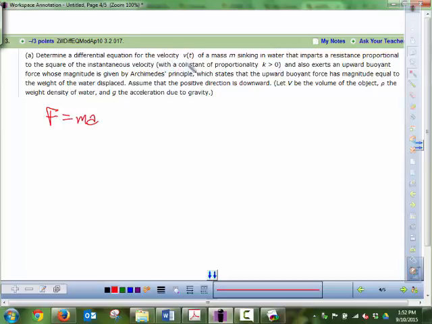So the differential equation for velocity: a mass sinking in water that imparts a resistance proportional to the instantaneous velocity, to the square of the instantaneous velocity. So it's proportional to the square of the instantaneous velocity